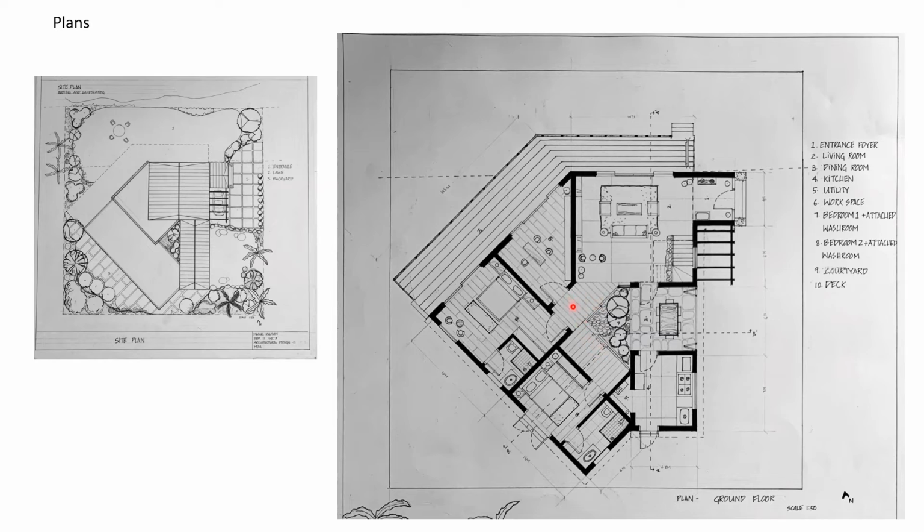So the corridor leads us to the workspace, bringing in the view of the river into the workspace, where he works for some time, which he would like to have with the view. Also a wall which is dedicated to photography, which is one of his hobbies. So the corridor leads us to the